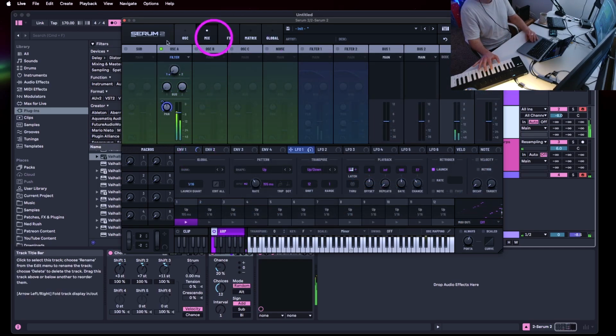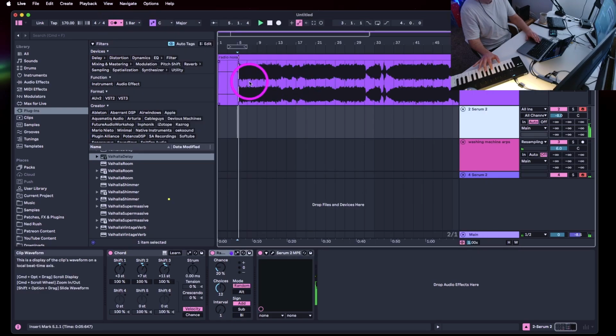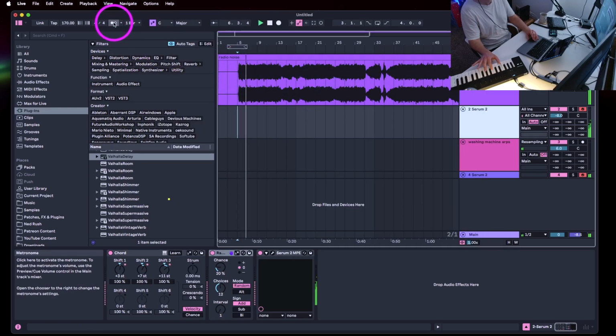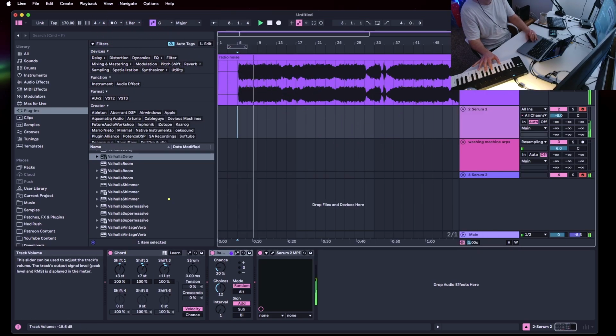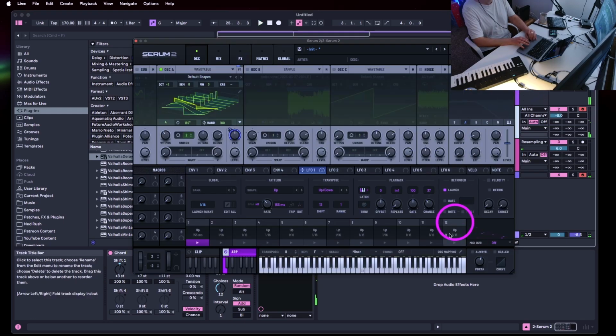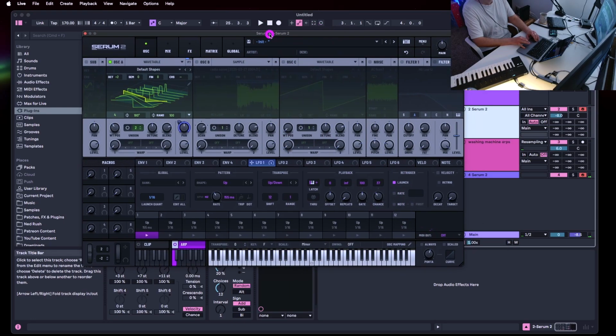With our static effect here. That's cool, that radio stuff. I'm definitely going to be doing more of that.